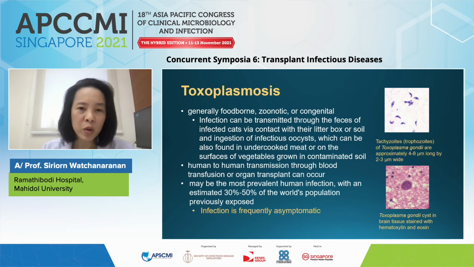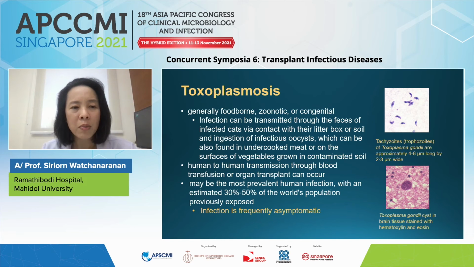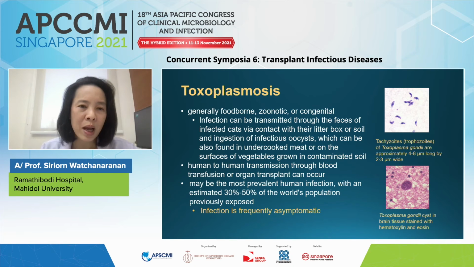This is toxoplasmosis. We are quite familiar with this because when I was a medical student, I saw many advanced HIV cases with CNS toxoplasmosis. But in the post-AIDS era, in those who are immunocompromised, sometimes we see toxoplasmosis in cases of transplantation. I've seen CNS toxoplasmosis in kidney transplant patients before, and it's pretty hard because by the time the patient had the diagnosis, he had to undergo brain biopsy for that.